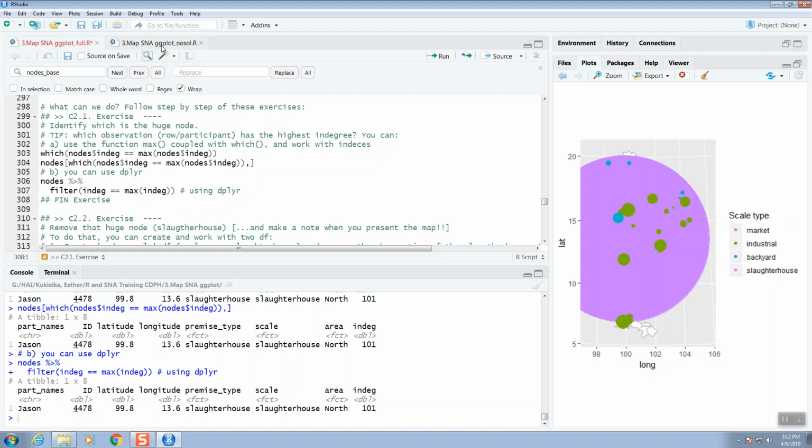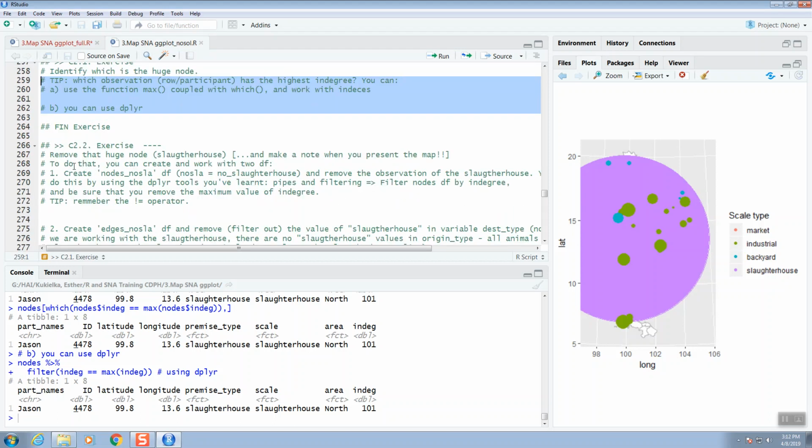Okay, so now please work on point number 2. This is the approach I took. This is what Holly said actually. Remove that huge node. I don't want to see slaughterhouse there. But if you remove it, you need to make a note and say, hey, to your boss or wherever you are reporting, this is without the slaughterhouse. So first,